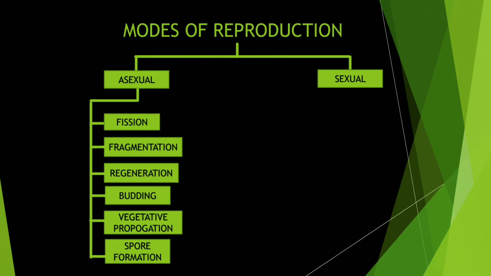Now in asexual reproduction, as I mentioned earlier, only one parent or only one organism is involved in the reproduction. So it is usually seen in the lower animals, lower kingdoms or lower organisms, which are not highly complex or that well developed compared to higher animals or organisms. Now in asexual reproduction, we are going to cover 6 topics: